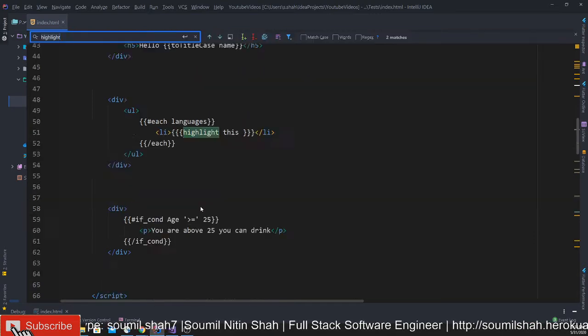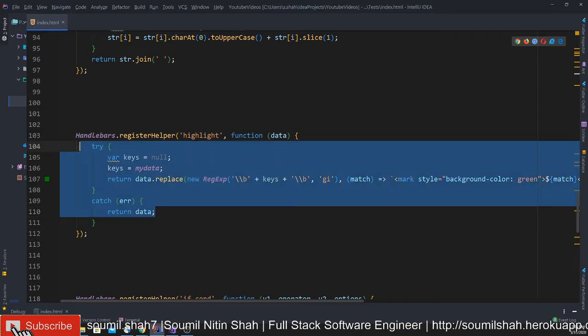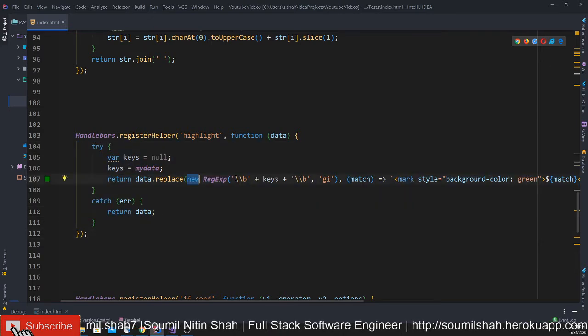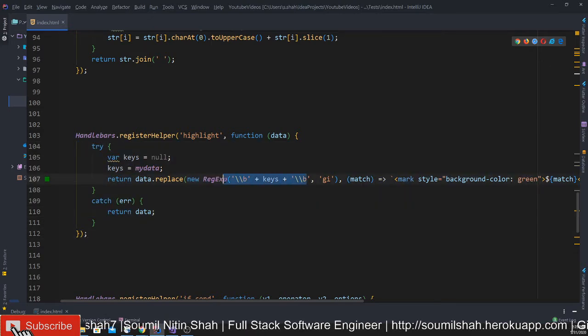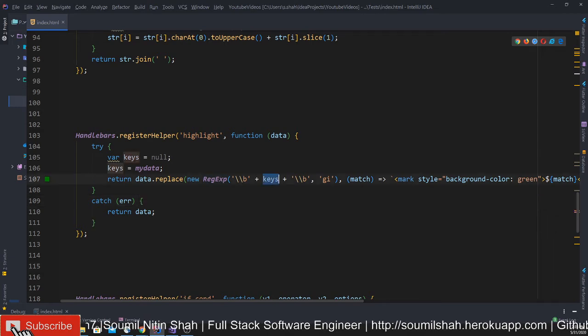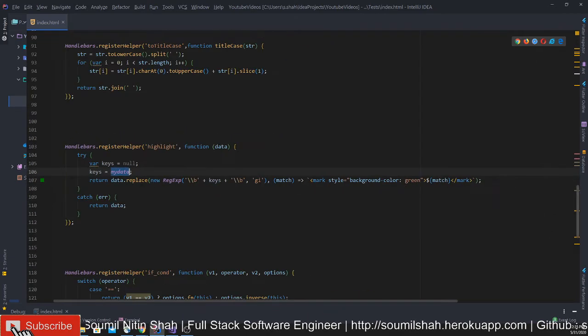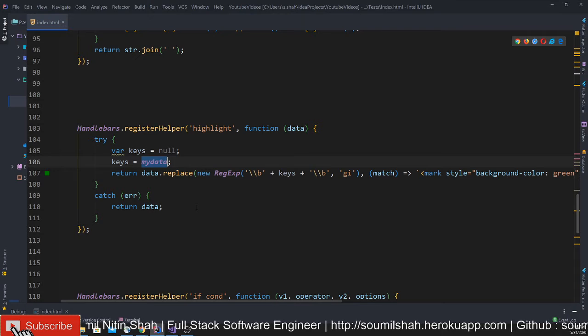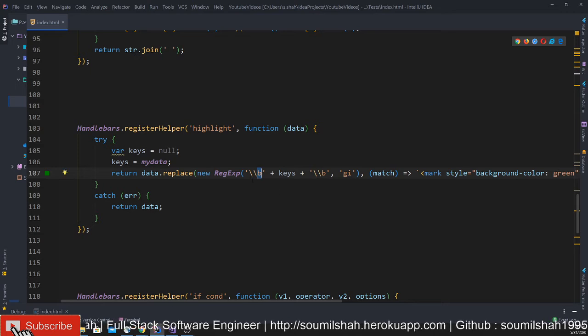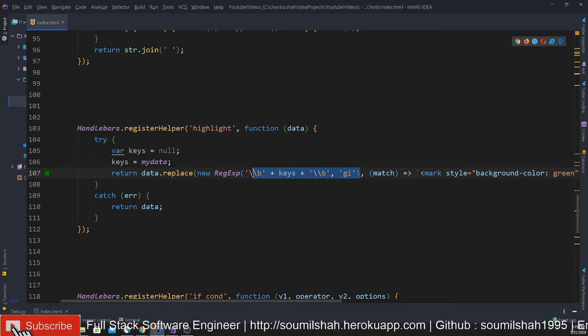So I'll go here. It's going to do this regex check. The \b means word boundary, so it checks for a word boundary here. Keys is whatever data you pass into the input element. And that's pretty much it. If you want to match each and every character, for example P, everything that starts with P, then you would change the regular expression right here.